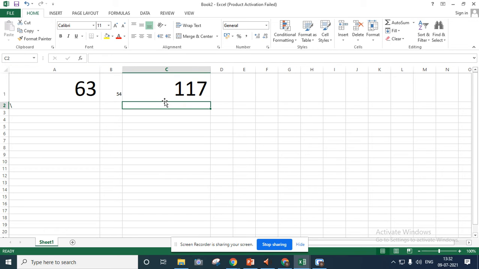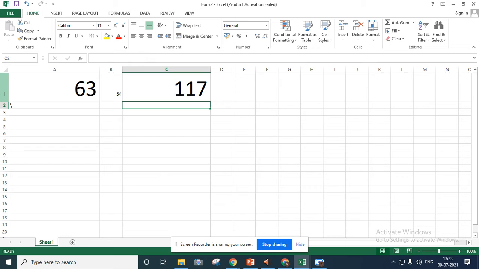In your math, there are four elements of formulas, that is cell reference, operators, constants and functions. So what do you mean by cell reference? It is in the form of rows and columns. This A1 and all, this is present in columns, and this 1, 2, 3, this is present in the rows. Horizontal representation is your rows, and vertical representation is your columns. So what is present in the form of vertical and horizontal representation is called your cell reference. Have you understood what cell reference means?